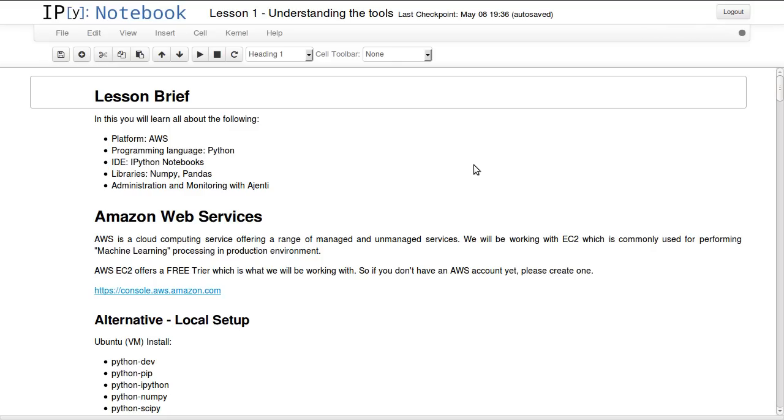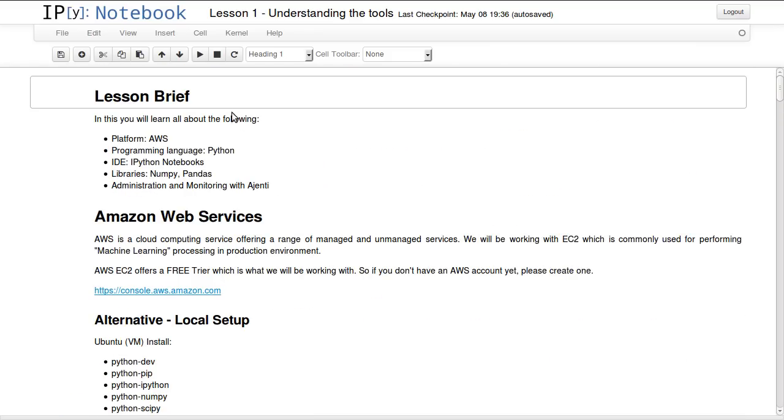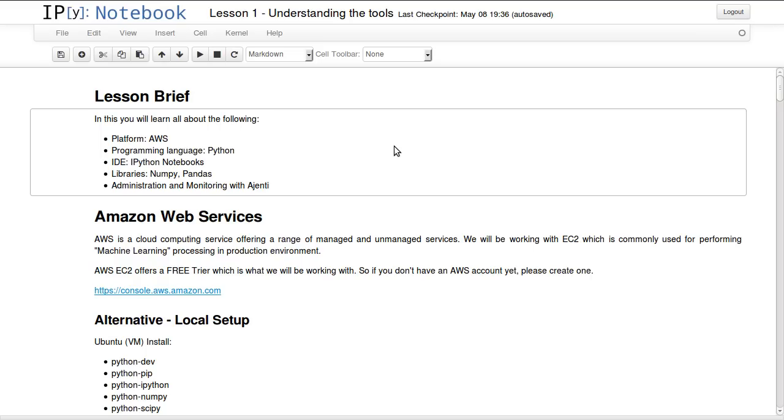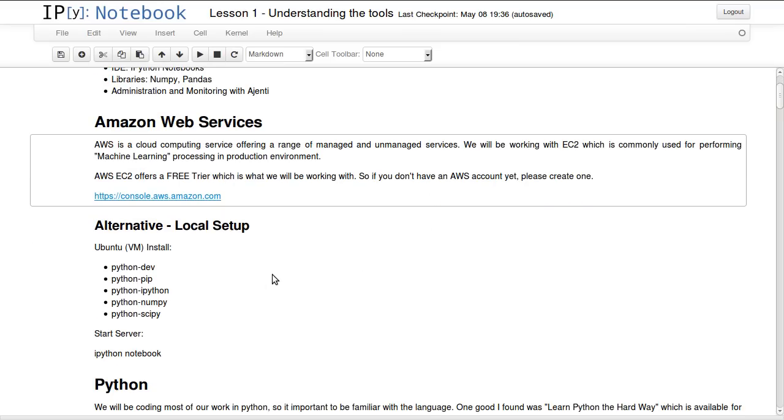It might take a few seconds to load because it's a big file, and your browser might take some time to render and download all the content of the page. But anyway, once it's up, we have access to our own Amazon Web Service instance, where we can do machine learning